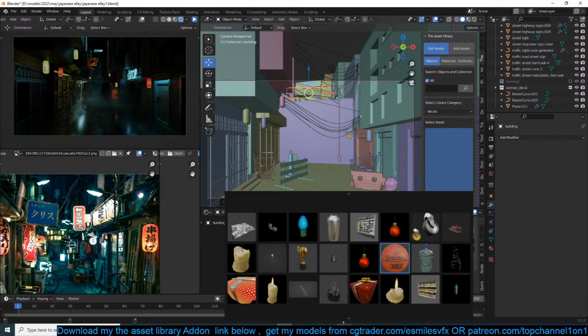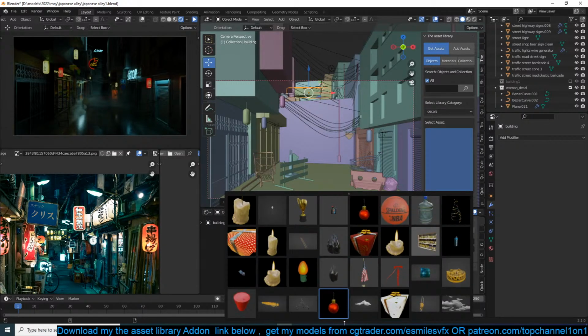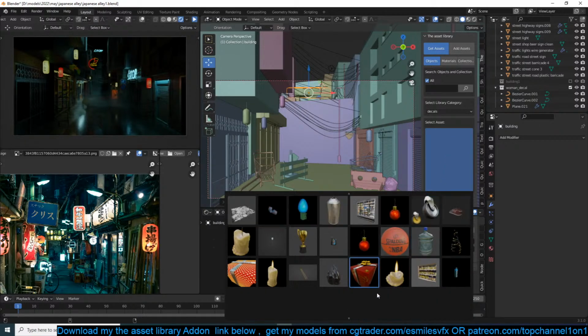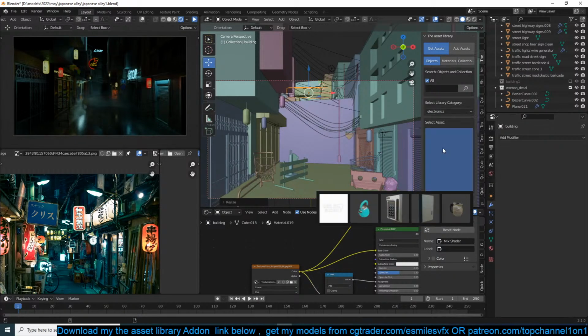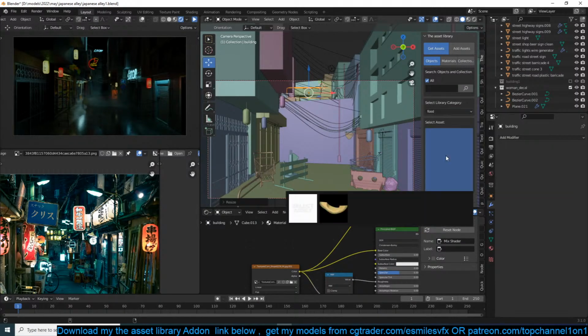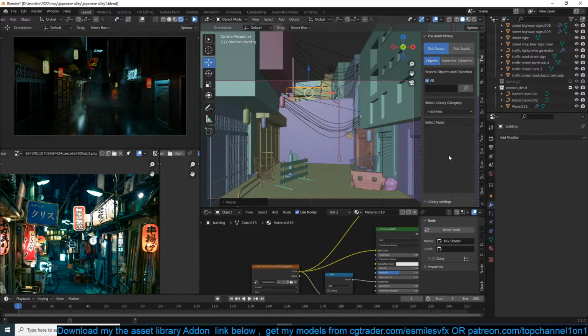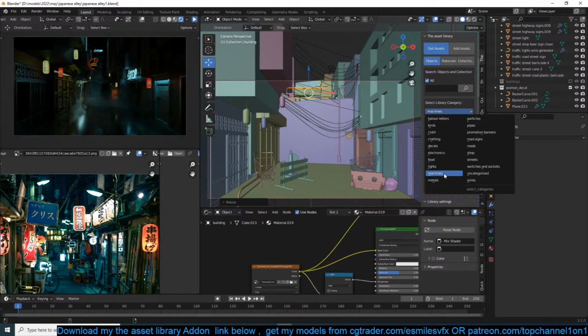Want to add more stuff to make this area look super crowded.